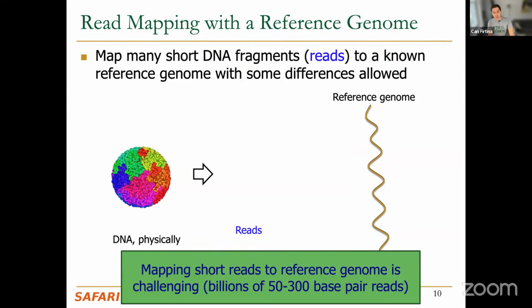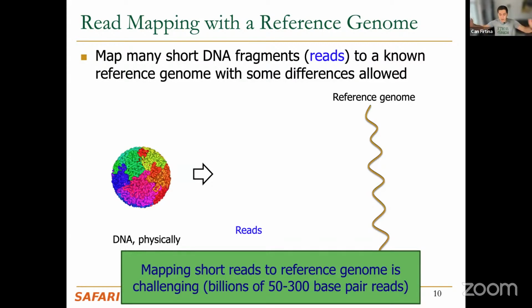The challenge here is that when we try to map the reads to a reference genome, this means that we're trying to map billions of short fragments of DNA, from lengths of 50 to a few kilobases, let's say. But there can be millions to billions of such reads that we need to map. And the human reference genome is also large if we are mapping the reads to a human. So this means that there needs to be some efficient search that makes it practical in